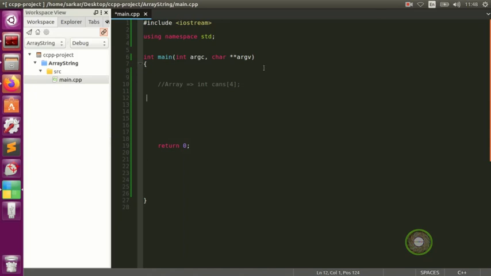In the last video we learned about a one-dimensional array, and we said that in order to declare your array, you need to declare your data type first, then put a name and put the size of the array. So in this video we're going to look at another example of how to take workers,